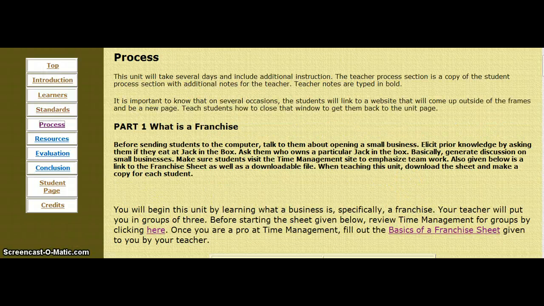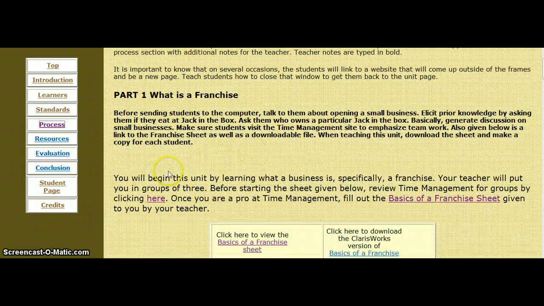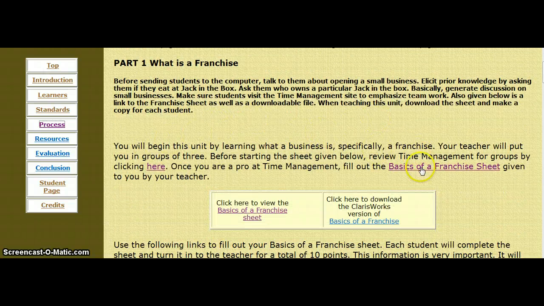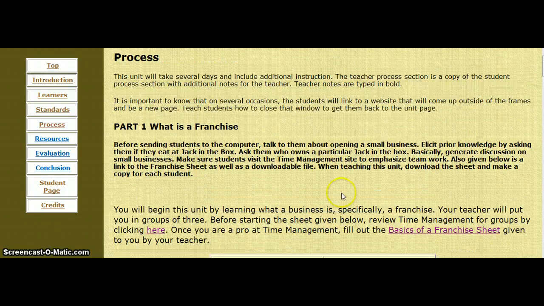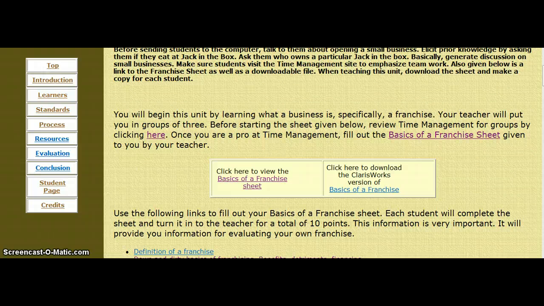Here on this page of the WebQuest, the students find out the process which they will need to take to complete this virtual tour of completing the project. One thing where the teacher put this, I really like how she put the basics of what a franchise is. I also like how the teacher put many facts for the students here as far as pointers on how to